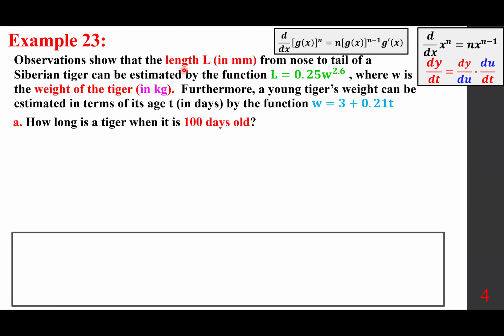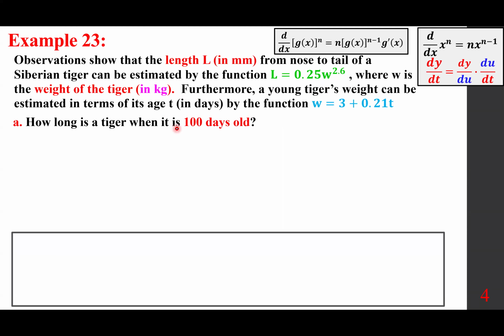Observations show that the length in millimeters from nose to tail of a Siberian tiger can be estimated by the function L equals 0.25 W to the power of 2.6, where W is the weight of the tiger in kilograms. Furthermore, the young tiger's weight can be estimated in terms of its age in days by the function W equals 3 plus 0.21 t. How long is the tiger